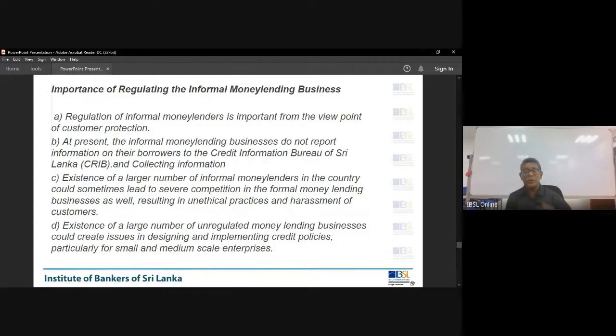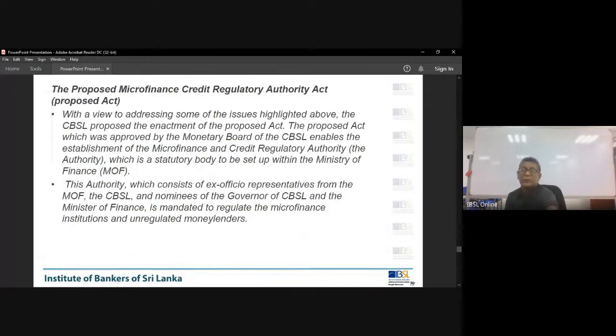There is no formal authority to collect all this information, so what the central bank reports may not be the correct picture. We may have other opportunities in the informal market. Therefore, it is important to regularize this